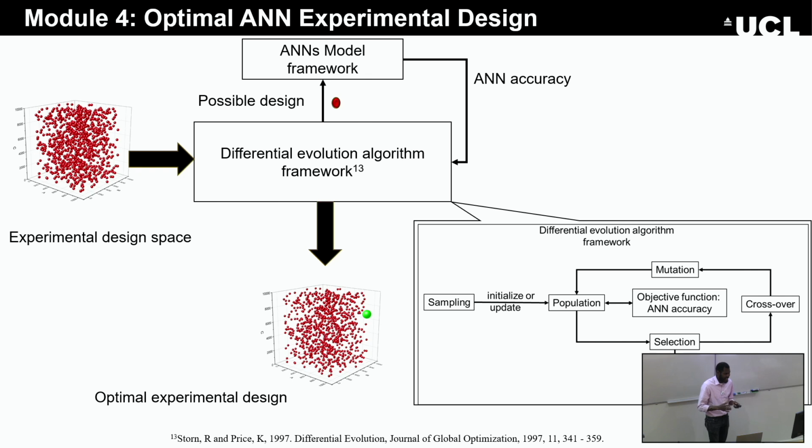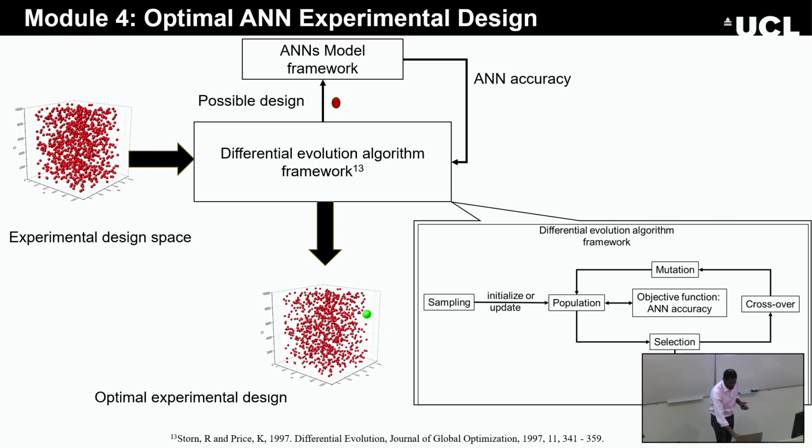And after training the ANN for a fixed experimental condition, we have also used this in optimal experimental design using the differential evolution algorithm, which employs natural evolution for the sampling of the experimental design space, and then it's able to generate the best species by selection, crossover, and mutation of the different combinations of designs, the different possible designs within the experimental design space to eventually come up with the best design at the end of the day.